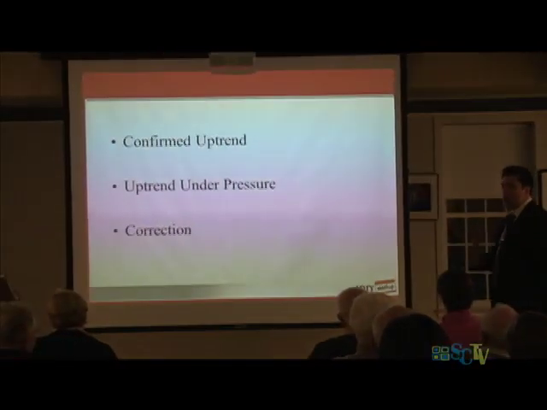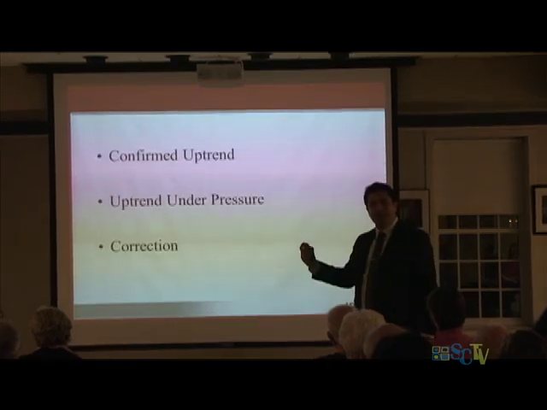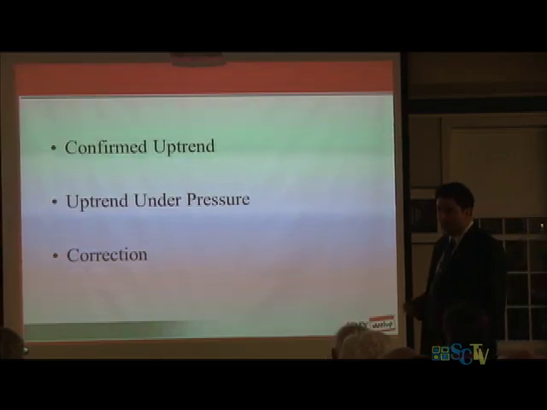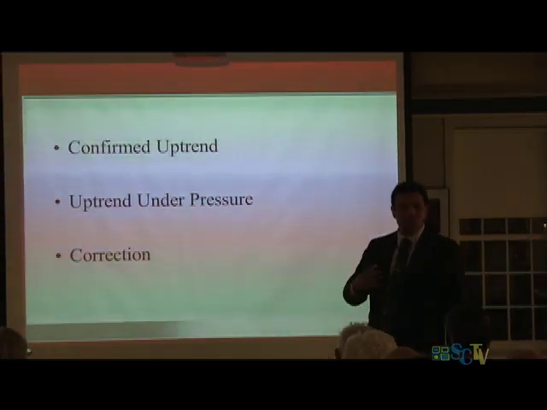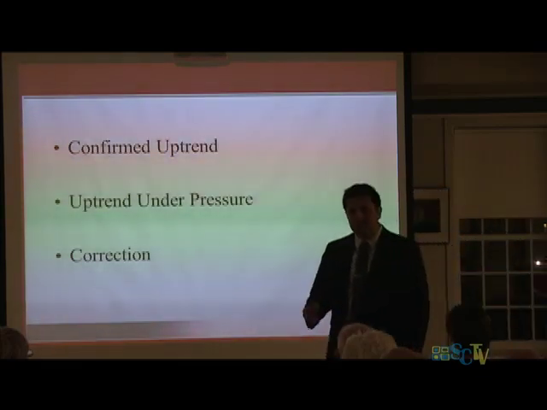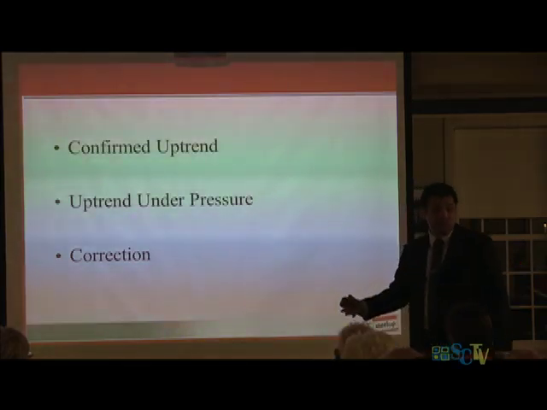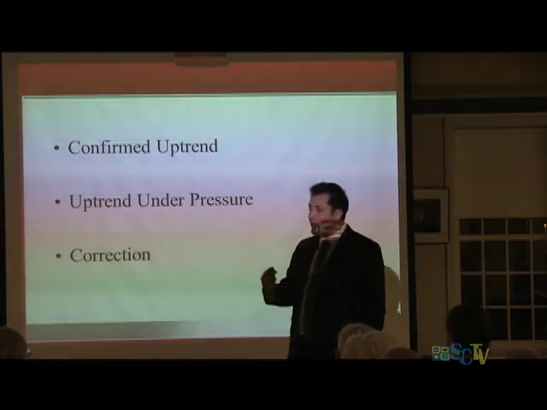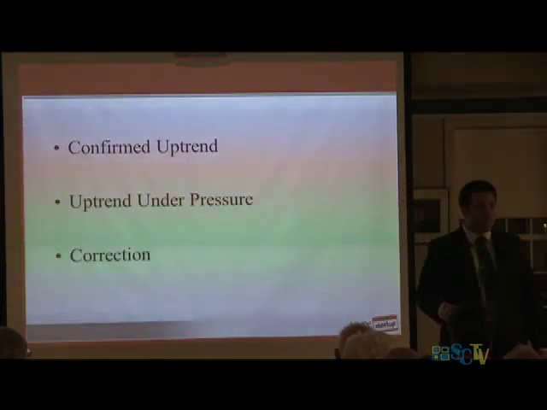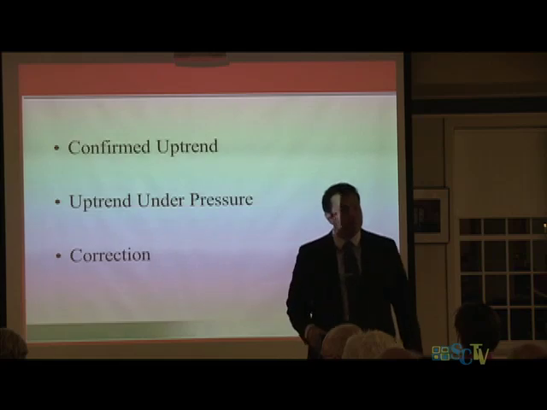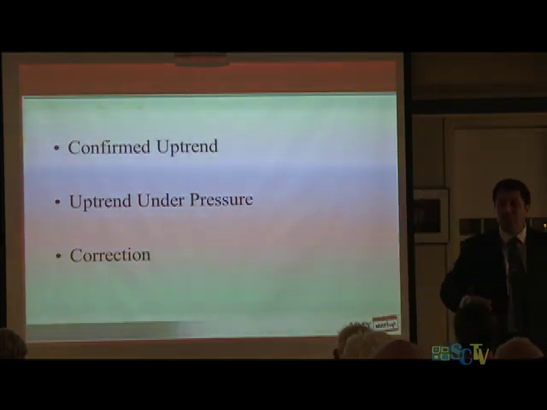Okay? So, we don't know how long an uptrend's going to last. What we do know is that at some point during the uptrend, the market will come under some selling pressure, right? The guys that control the market, the big institutions, for whatever reason, will start to liquidate positions that they have. And all this liquidation, or heavy selling, is going to put pressure on the uptrend, okay? Now, how do we define heavy selling or liquidation? We do it through what are called distribution days, okay? Distribution means heavy selling, also known as institutional selling.